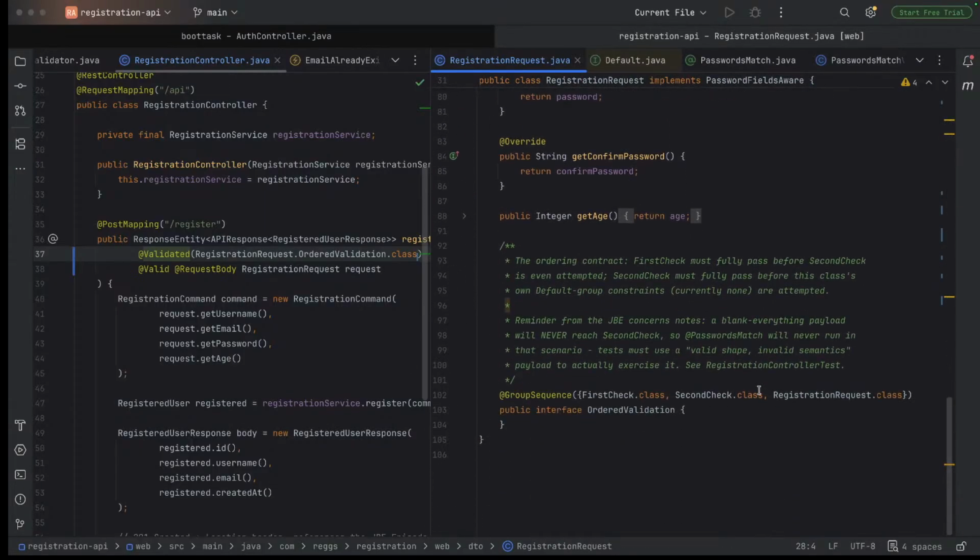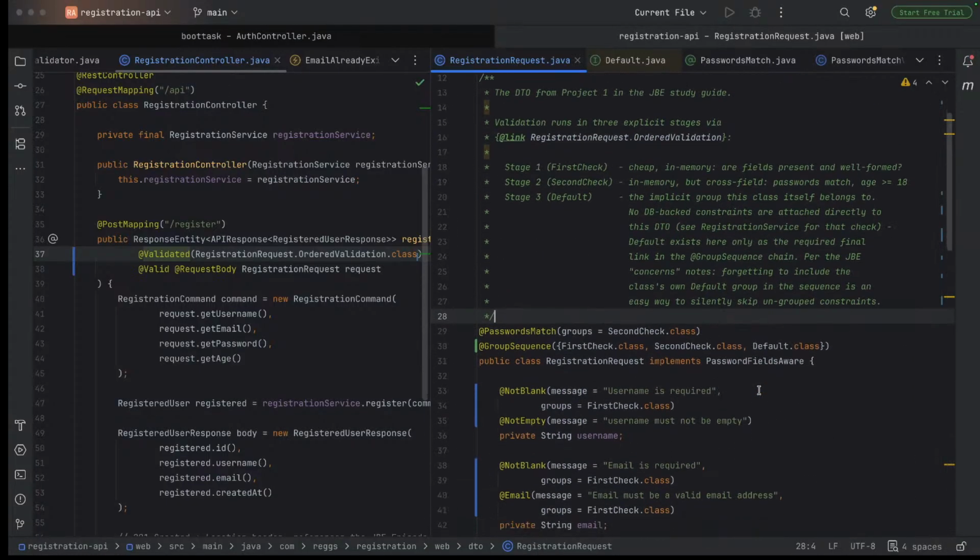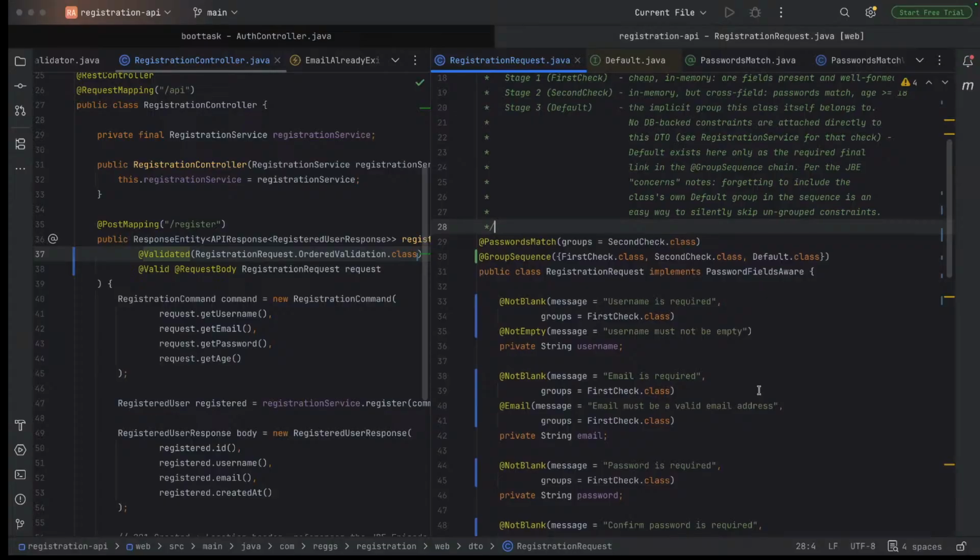So now when you add a validation constraint, for example, not null, to a field that you do not explicitly type, Jakarta most of the time tends to secretly assign the constraint to the default group behind the scenes. Okay. Which now, for example,